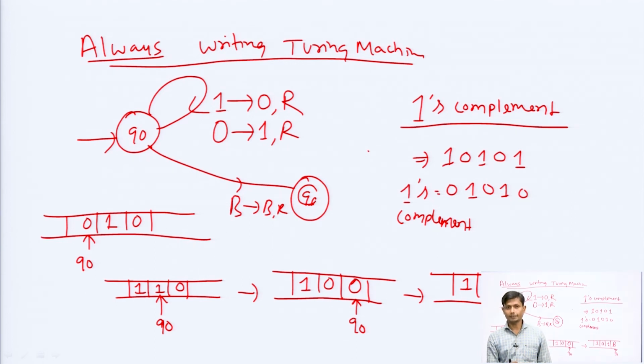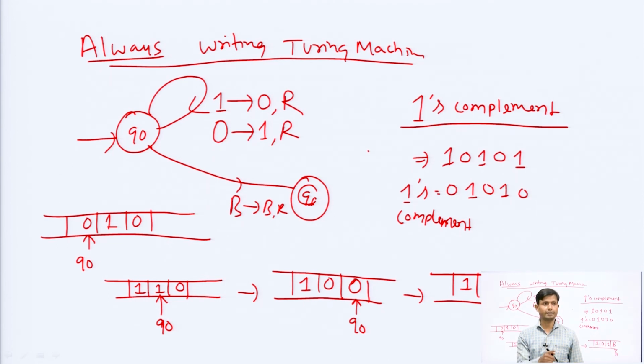DFA and NFA are both equivalent. If a regular language is given, we can have a deterministic finite automaton, and we can have a non-deterministic finite automaton. But in PDA, if a language is given, for that we can have a non-deterministic pushdown automaton, but